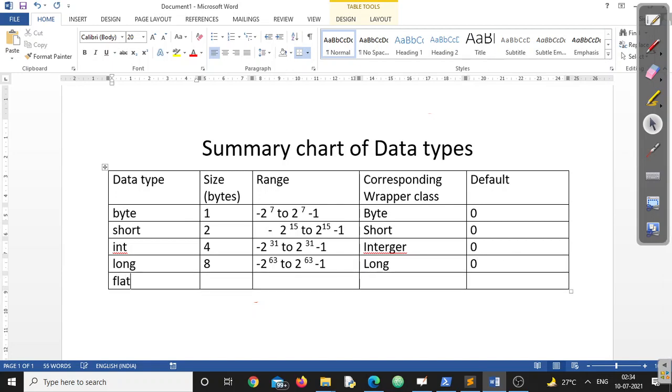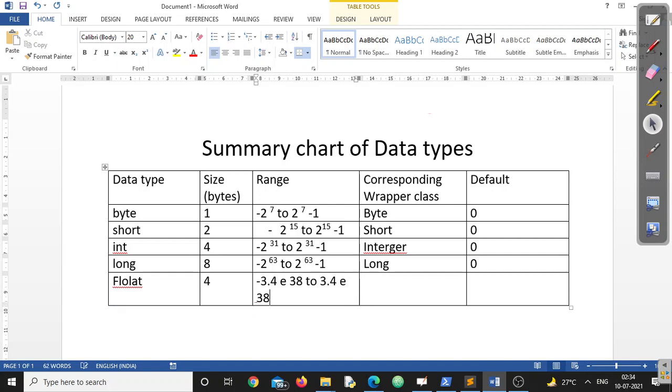After that, we have a type called float. Float requires 4 bytes. And what is the range of float? The range is minus 3.4 e to the power 38 to 3.4 e to the power 38.